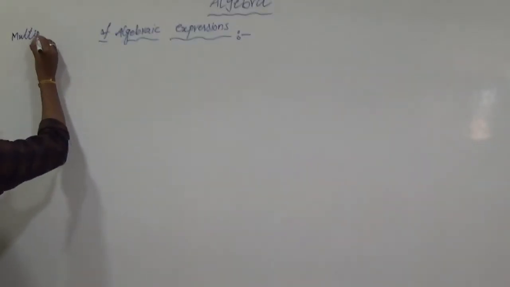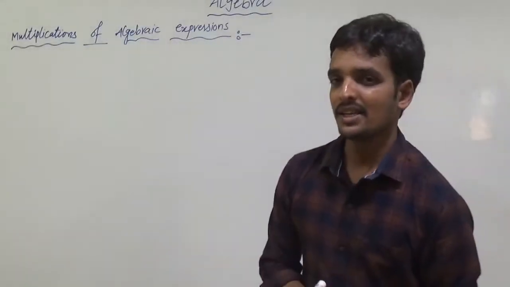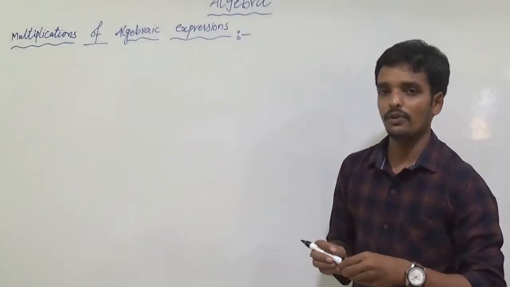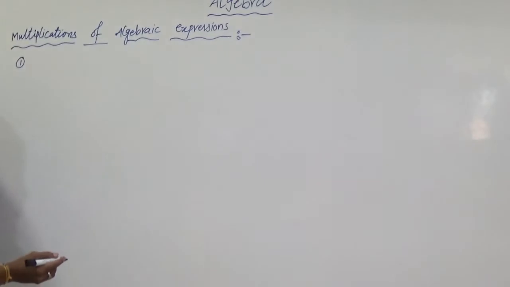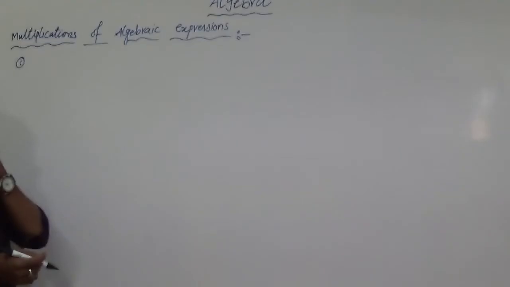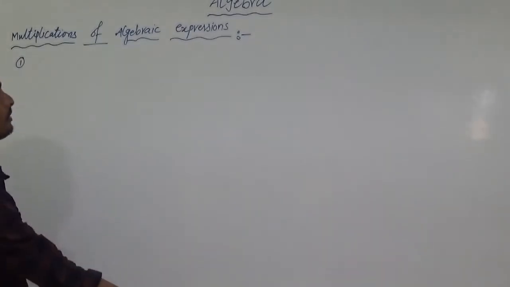So now we are doing multiplications of algebraic expressions. That is it. Multiplications of algebraic expressions is very easy. So I am going forward. The first one is, I am giving you, be careful students. Look at the board, observe the video. So observe each and every point and listen what I am explaining. We have to focus on my words and the board. So be careful.